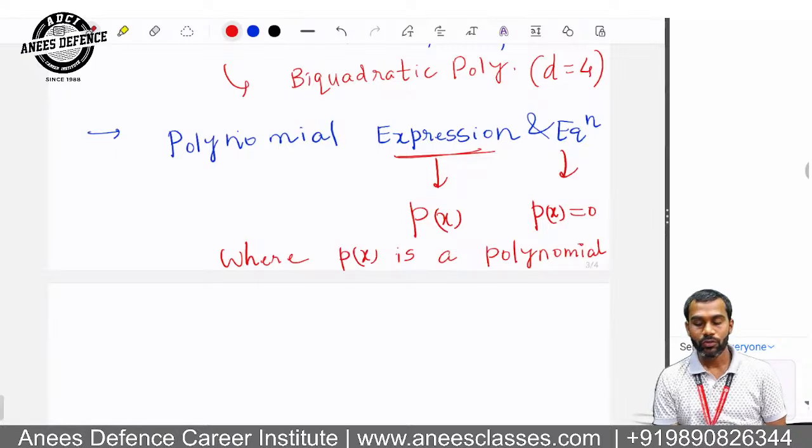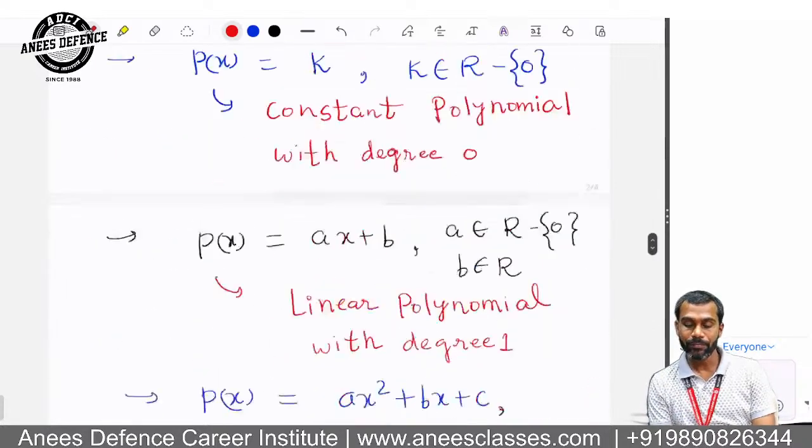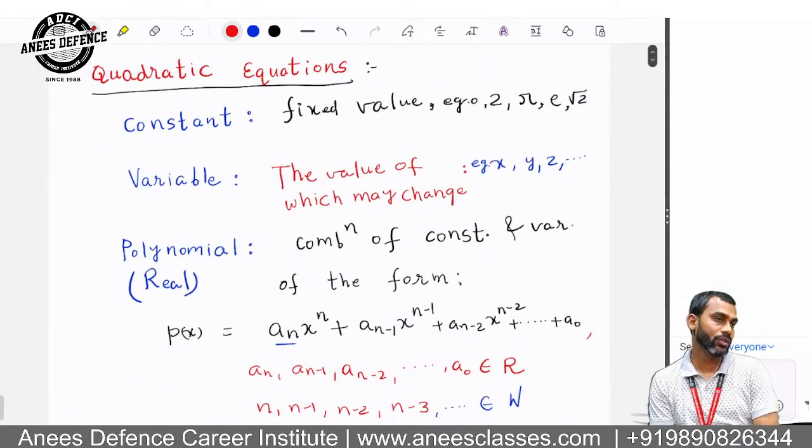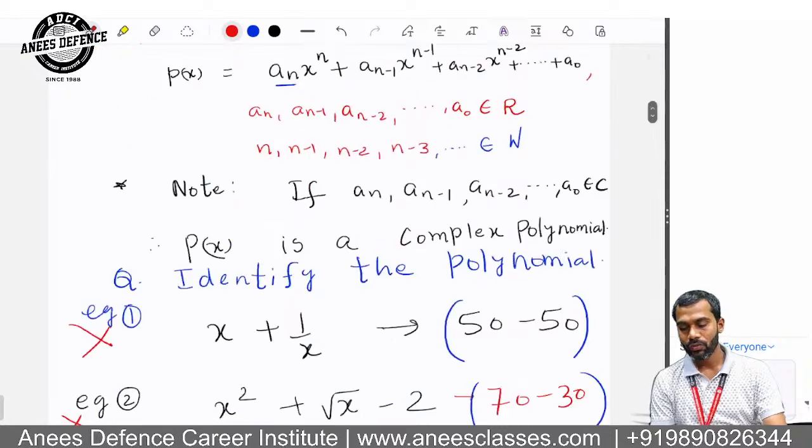Yes or no? So that was the introduction of quadratic equations. Basically, the main chapter is polynomial. The main chapter is polynomial. And if degree is 2, it becomes a quadratic expression. And if you equate that expression to 0, it becomes a quadratic equation. Yes or no? So now,